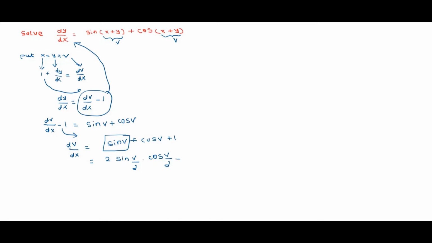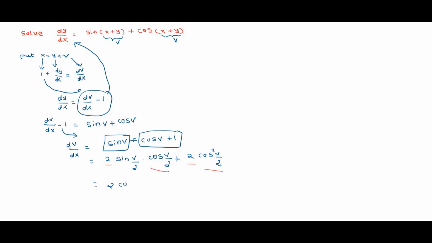Now by using the half angle formula 1 plus cos theta, which I gave in the previous example, I will write directly that 1 plus cos theta is equal to 2 cos square theta by 2. So 1 plus cos v is equal to 2 cos square v divided by 2. Now here you can take this 2 and one of the cos v by 2 common, so this is equal to